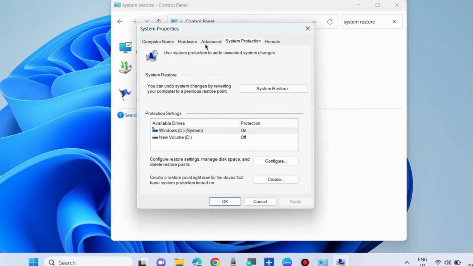Here, go to the System Protection tab from the top menu bar, and from the bottom, create a restore point right now for the drives that have system protection turned on. Here, first